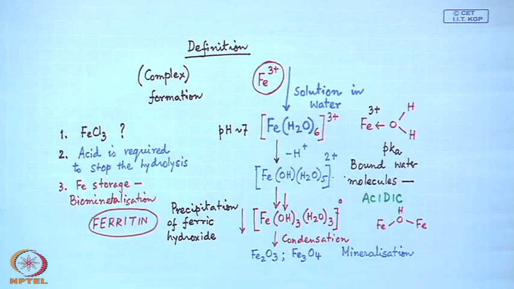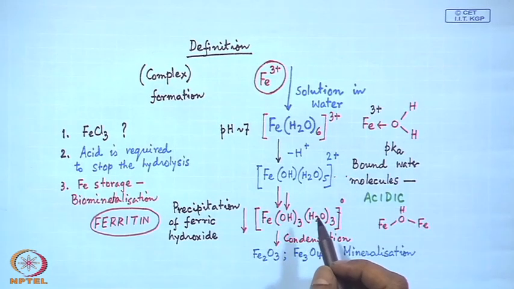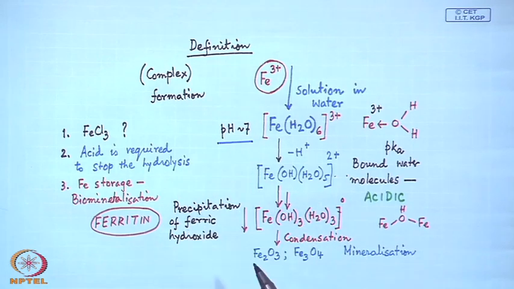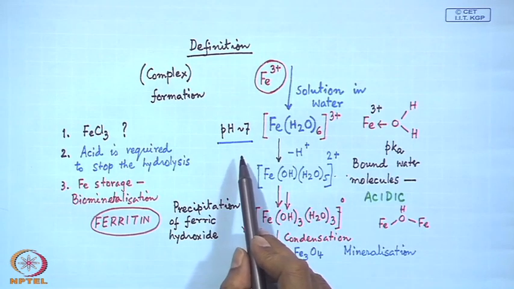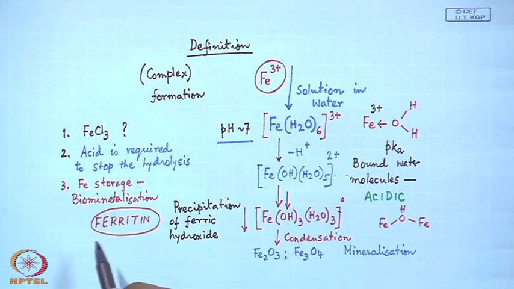Whatever iron we have in a living system, or in any other reaction chemistry, if we cannot control the pH and the pH is at a certain point, the iron is not in solution. It is not utilized for the synthesis of hemoglobin and myoglobin molecules, but can be stored as ferritin, where more and more this